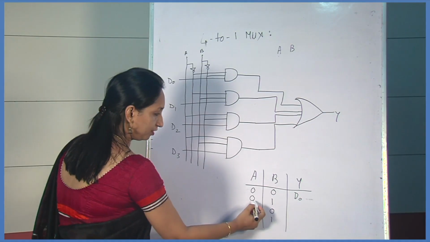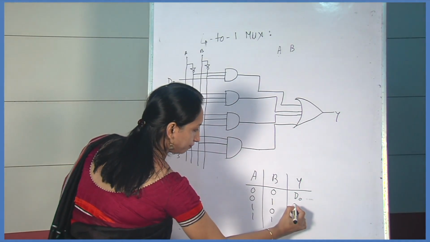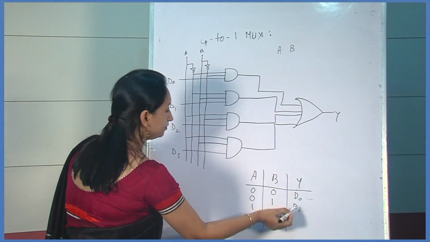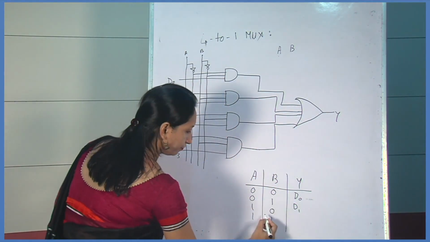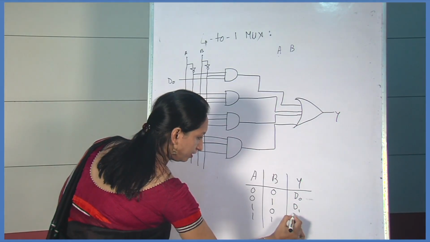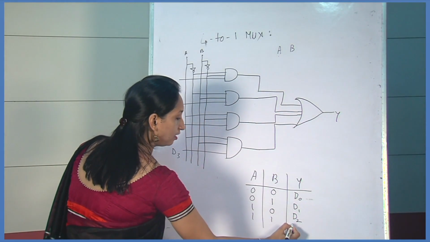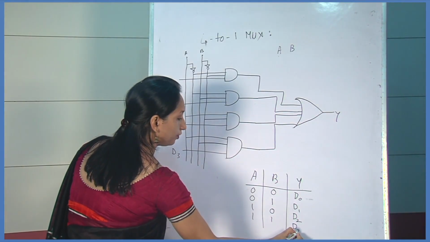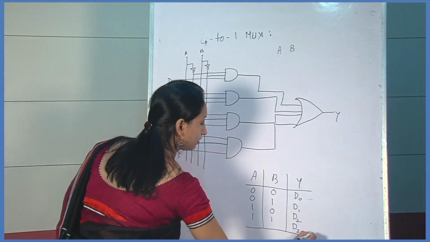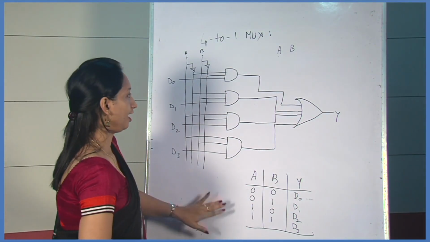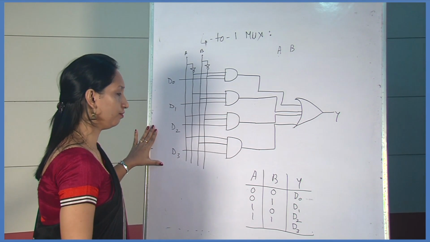And for the second combination, the output will be D1. That means Y is the value of the D1 input line. Then 1, 0, it will be D2. And for the 1, 1 combination, the output will be D3. So this is the truth table of the 4 to 1 multiplexer, and this is the logic circuit diagram for the 4